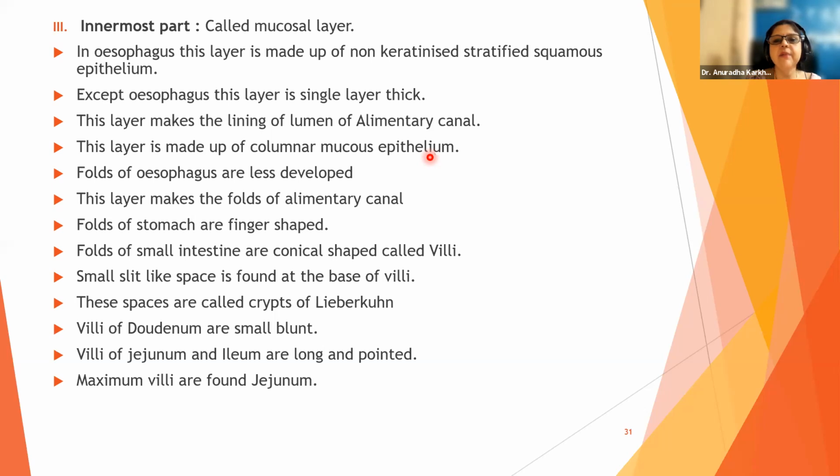In esophagus, this layer is made up of non-keratinized stratified squamous epithelium. Non-keratinized. Keratin is a protein. Our nails, our hair are going to have this keratin, right? So here in the esophagus, there is no keratin present, and it's going to have stratified squamous epithelium. Now, to understand this point, because animal tissues is left for completion, you may not understand this. I'll just give you a very clear idea about this particular sentence. कि ये क्या है? Keratinized stratified squamous epithelium क्या है? I'll tell you.